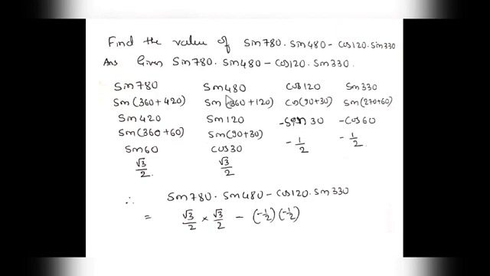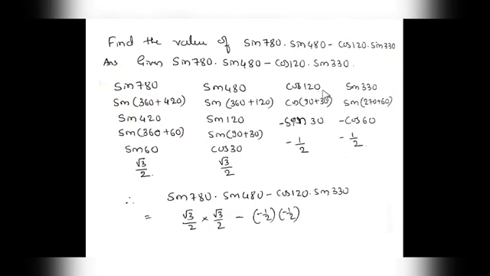Sine 480 can be written as sine 360 plus 120. 360 plus theta is in the first quadrant. In the first quadrant all are positive. Sine will not change. Sine 120. Still this 120 can be divided as sine 90 plus 30. 90 plus 30 is like 90 plus theta. It is in the second quadrant. Sine is positive in the second quadrant. Sine has to change due to this 90 plus or minus theta. So sine will become cos angle 30. Cos of 30 is again root 3 by 2.